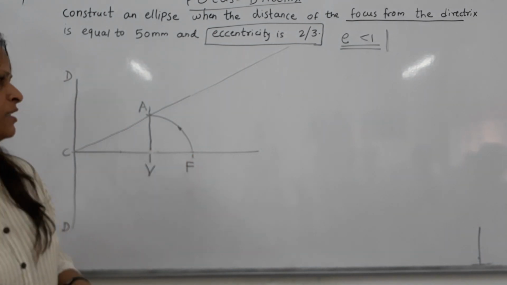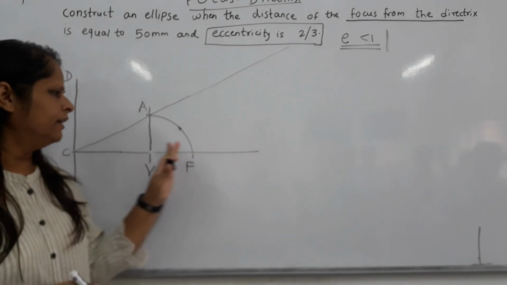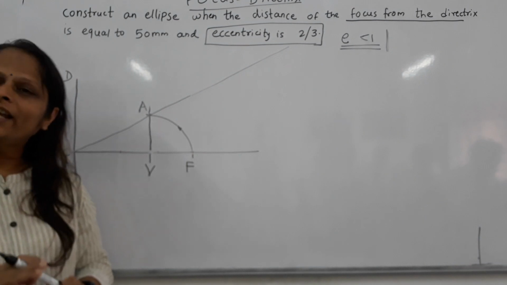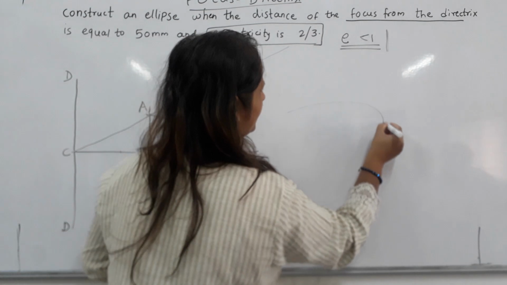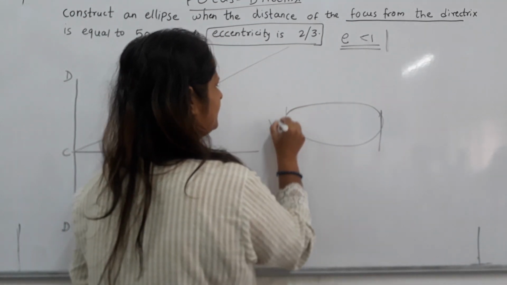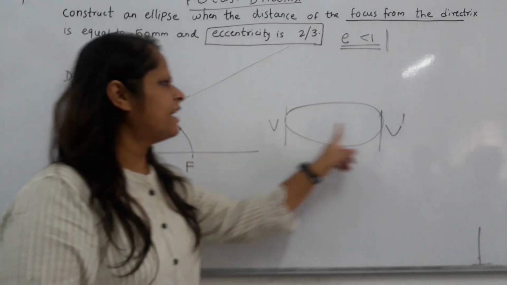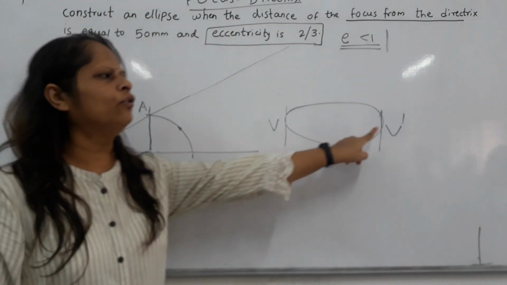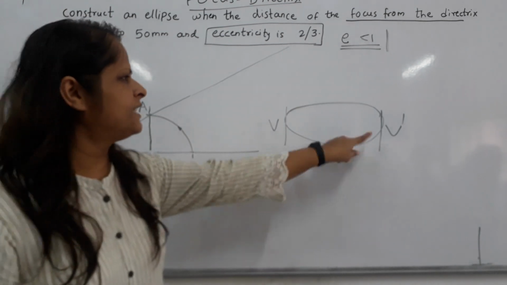Now this is ellipse. For other curves, what we were doing, do you remember? From V onward, we were taking points 1, 2, 3 and starting the construction. But for ellipse, how is the ellipse? Ellipse is a closed curve, not an open curve. So this is V and this is V dash. Or simply we can write it is having two vertices. So one we got, the second we have to locate. Okay? So we will locate the second vertex.